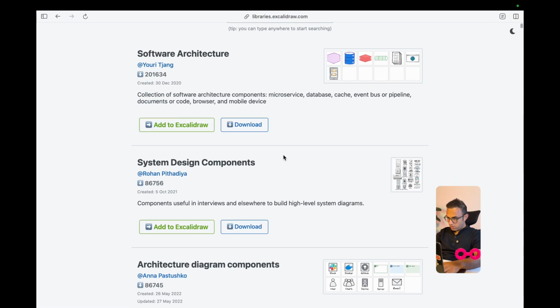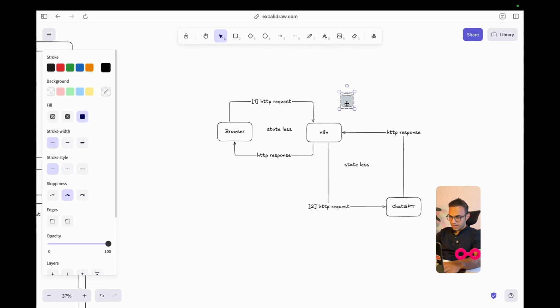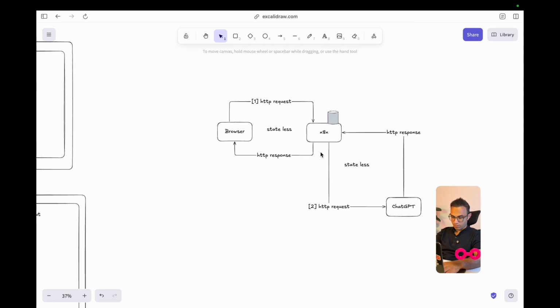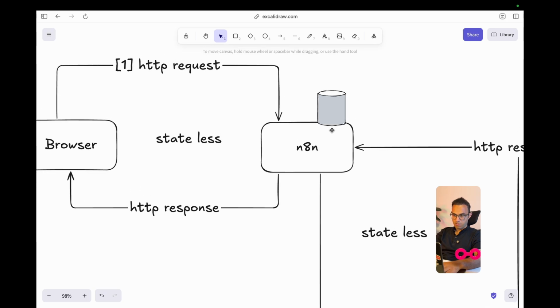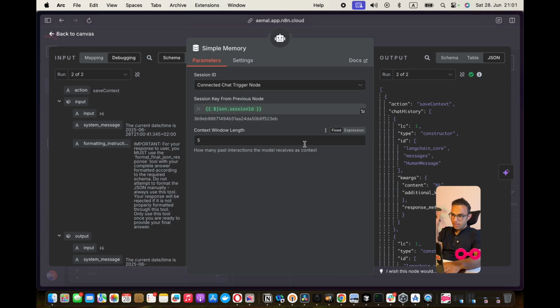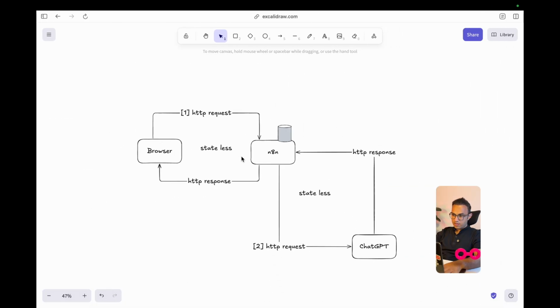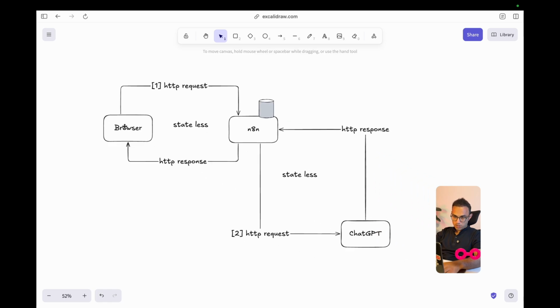So if I put a small database here, this database lives here on the servers of n8n. So literally, by adding this one, I added a tiny little database on the server of n8n saying, please keep track of the last 5 messages of my chat session. So each time I send a request from my browser to n8n, it checks it.